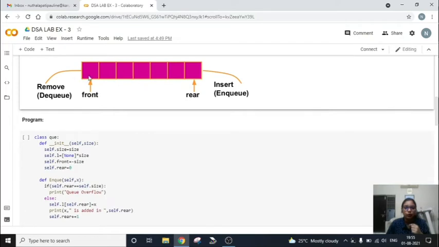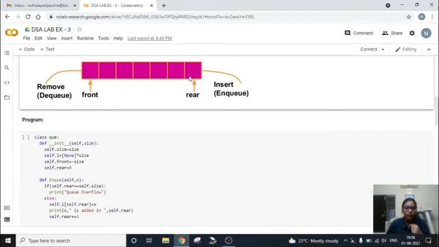Since it is going to follow the first in first out condition, the first element here, like if it is having 1 here, when we give the DQ command, the first value which is here in the front will be removed.